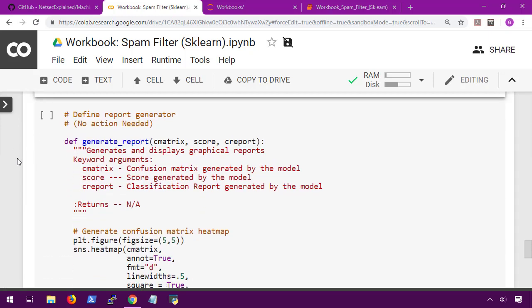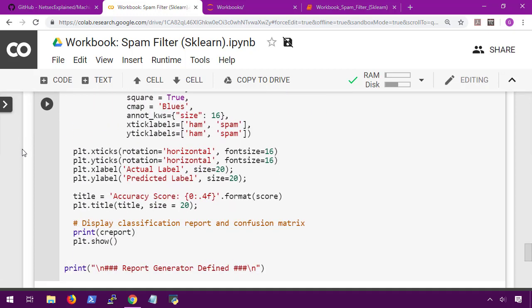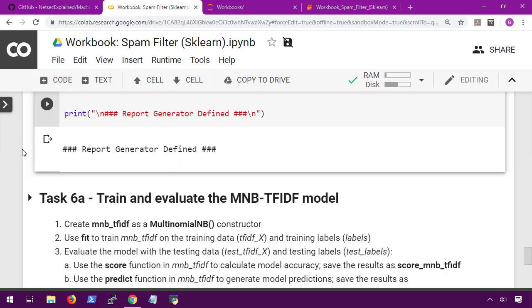I designed this little helper function, generate report, to help us collect some metrics on each of the models that we're going to build. We don't need to worry about what's in it right now, just run the code block and move on. For these next few tasks, what we're going to do is create 4 separate models. These are going to be multinomial with tf-idf vectorizer, multinomial with count vectorizer, logistic with tf-idf, and logistic with count. The reason we're training and testing 4 separate models is because we don't know which one works best. So let's take a look at 6a,